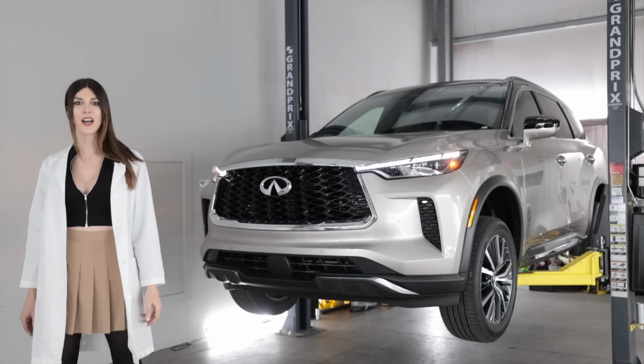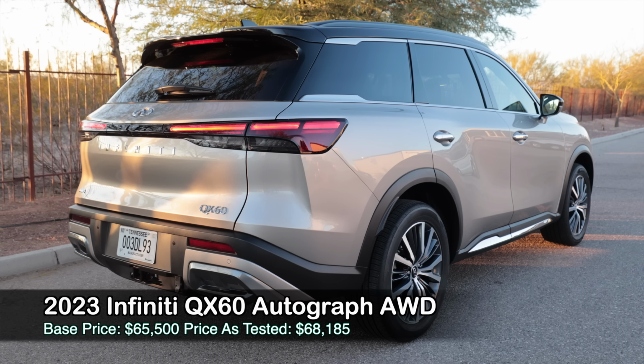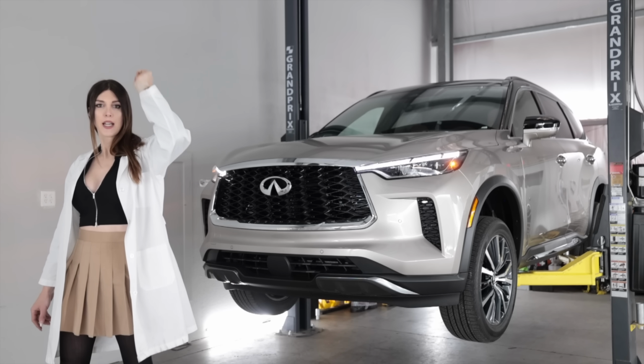I am your host, Sarah, and this is a 2023 Infiniti QX60 Autograph all-wheel drive. It is the most luxuriously spec'd version of Godzilla's crossover, and today I'm gonna get it up in the air. We're gonna nerd out on the tech specs, see how it's constructed, and then take it out and give it